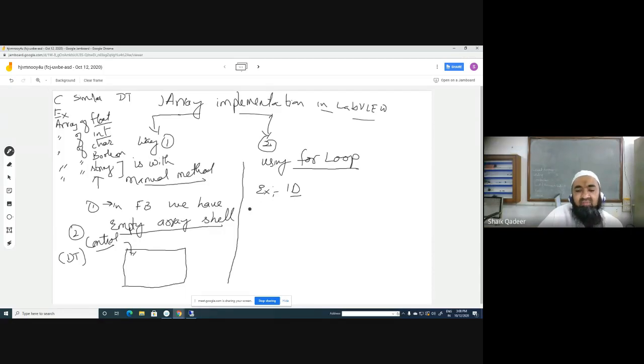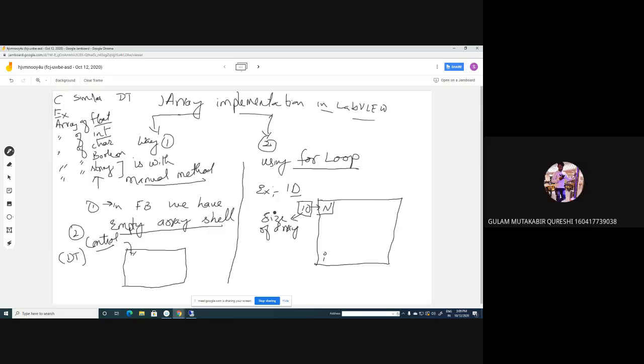Now, let us see the implementation of a 1D array with a for loop. We all know what this for loop is and how it looks in our LabVIEW. What is the mandatory parameter in a for loop that needs wiring? This is N. To this N, we need to give wiring. So this N in this particular case is the size of the array. Suppose the size of the array is 10 elements. What is this? Size of an array.